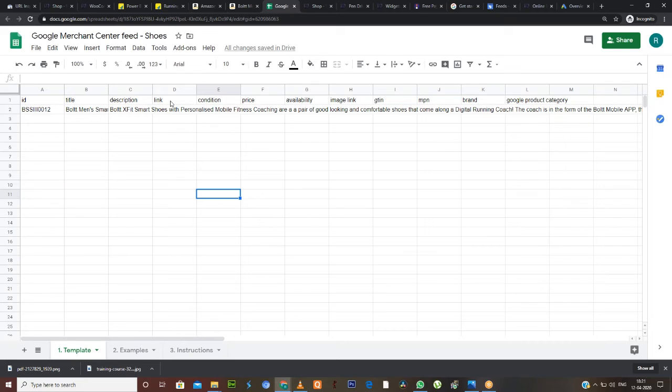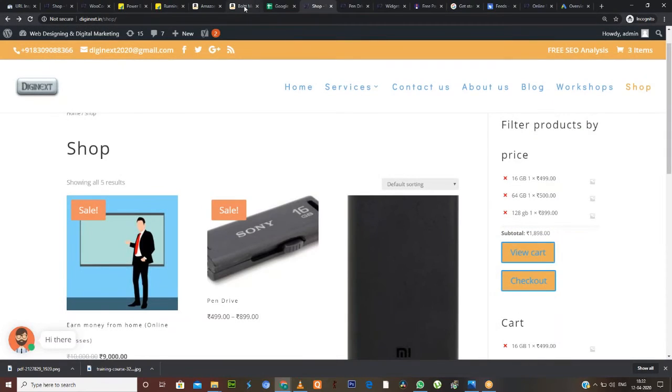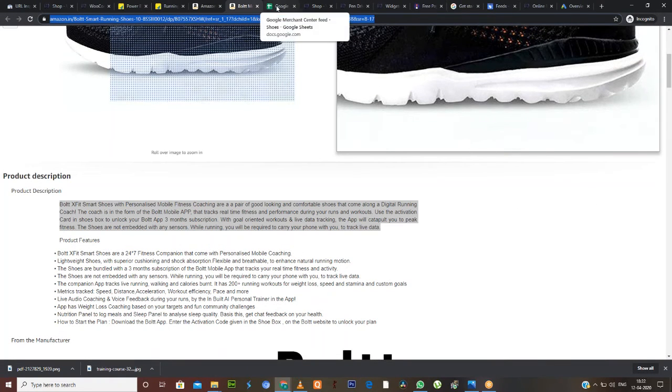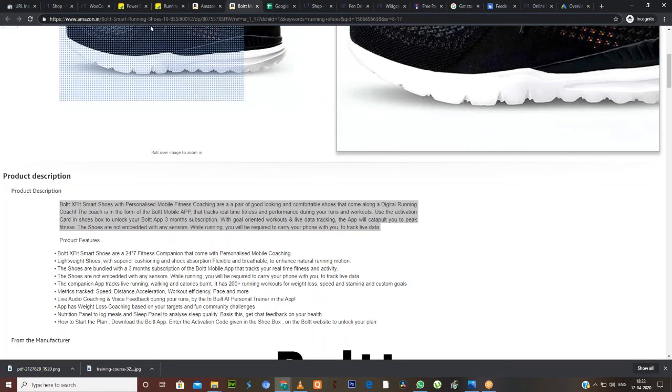So you have to paste the link. Link is nothing but the URL of the product. So go back to Amazon. For the URL of the product, we are not going to copy this big URL. If you copy till ASIN, that is the URL.